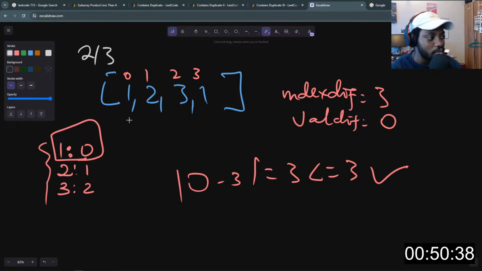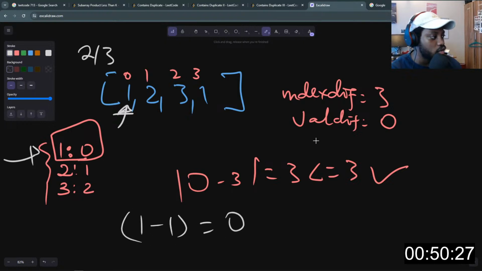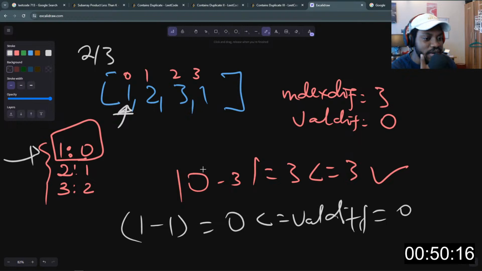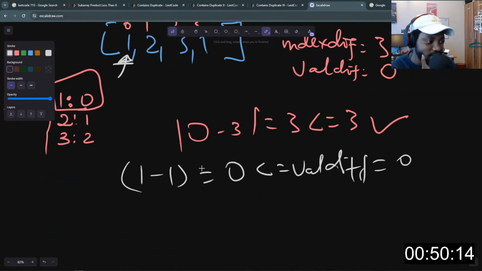How do we get nums at 1 here? Well, it's already in the dictionary, so we can even get it with this. So 1 minus 1 is equal to 0. So 0 is less than or equal to value diff, which is equal to 0. That's exactly what we need to do.